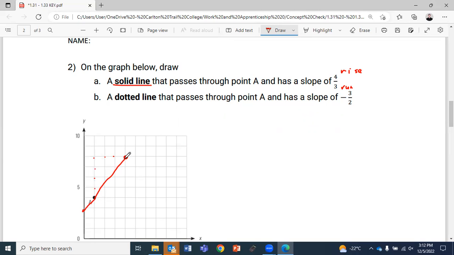Yours should look better than mine. You should look something like this, okay? So this is line A. It has a slope of 4 to 3. It goes up 4 for every 3 it runs across. Now, the next one here